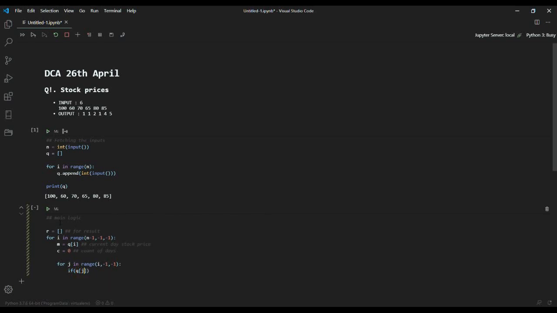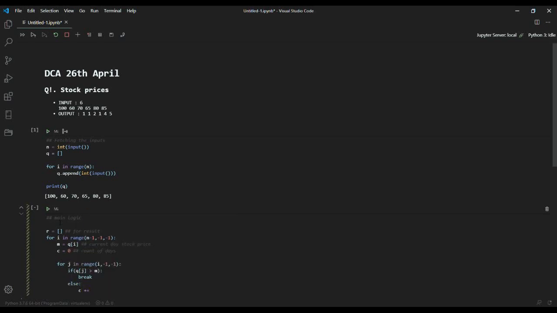Here is the main logic, where I'll be checking if the current element, that is m, the current day stock value, happens to be less than any other previous day's stock value, then just stop the execution of the loop. That's what the logic was.